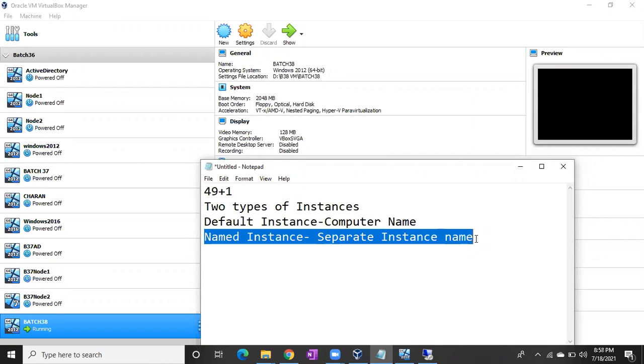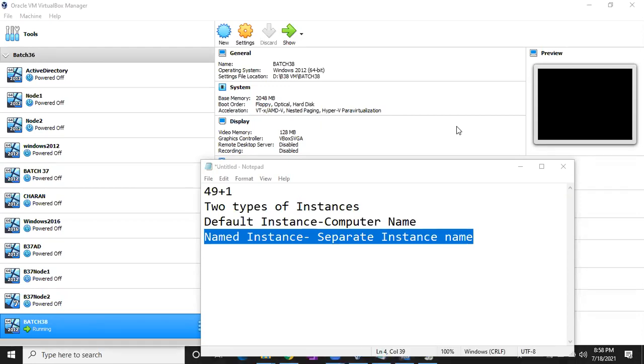What if I don't install a default instance? Can I directly install a named instance for the first time? Yes, just let me know. I need the answer from everyone. Just type in the chat box yes or no. Not an issue, just give it a trial. I need responses from everyone. Is it compulsory to install a default instance for the first time?